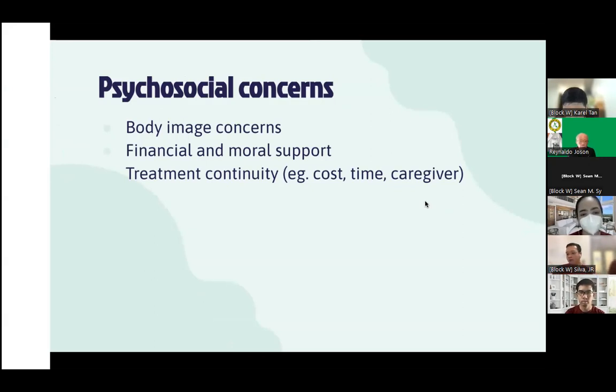ang i-add ko lang dito, I have a note here on the psychosocial concern. You have to educate your patient and try to convince them to accept the fact that they have cancer. A lot of times, di nila na-accept, no? And also, try to be a life coach. Coach in life, no? Not telling them frankly, but making them realize that there's a limit to our life,